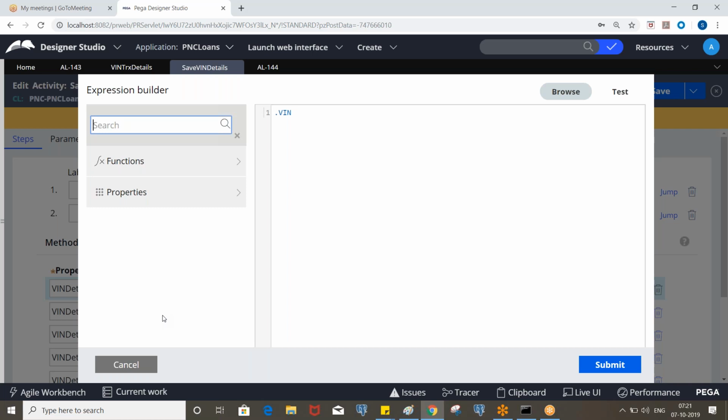Expression builder is a collection of predefined functions we use to manipulate data at runtime. And we can also perform mathematical functions, the date functions, etc.